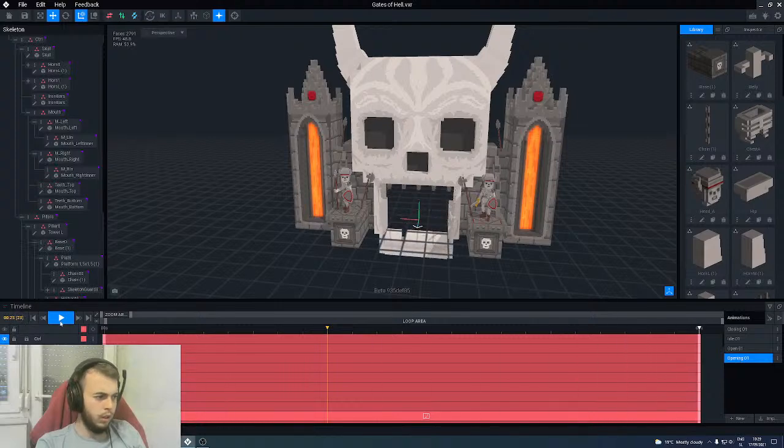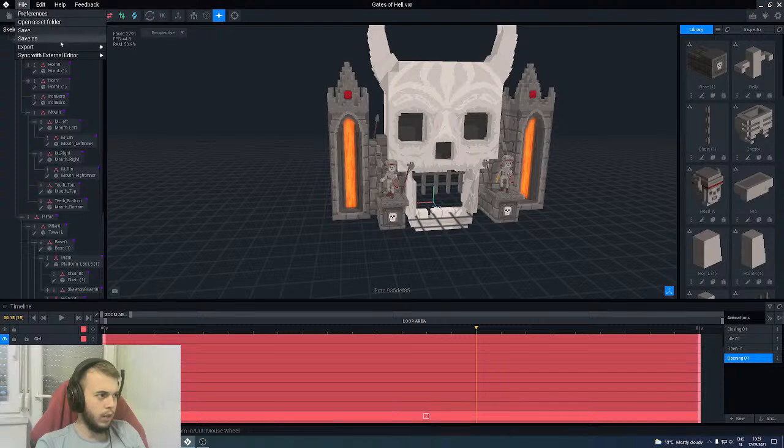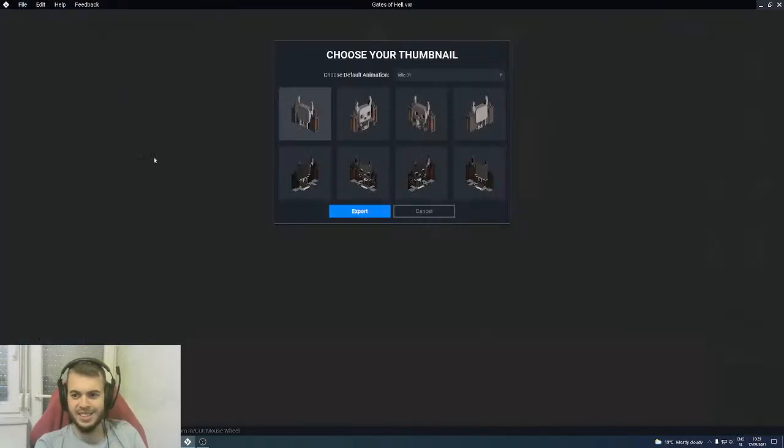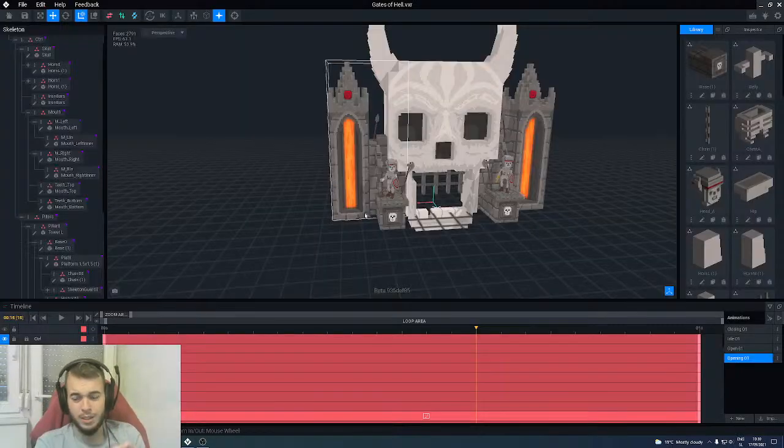Cool, so I think that should be about it for today. Actually, let me just go ahead and try to export this to the marketplace, and then we'll see if we can get these doors to work in the game maker. And if that's the case, then we're gonna finish it for today. I might just add a little detail for the eyes when it's opening. I was kind of thinking that there could be some glowing stuff and whatnot, but yeah,